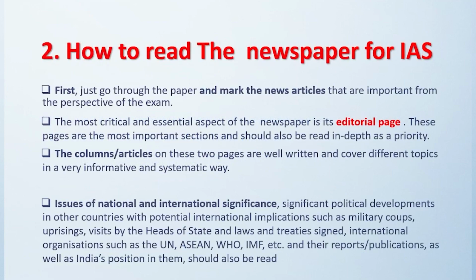Second, how to read the newspaper for IAS. First, just go through the newspaper and mark the news articles that are important from the perspective of the exam. The most critical and essential aspect of the newspaper is its editorial page. These pages are the most important section and should be read in depth as a priority. The columns and articles on these two pages are well written and cover different topics in a very informative and